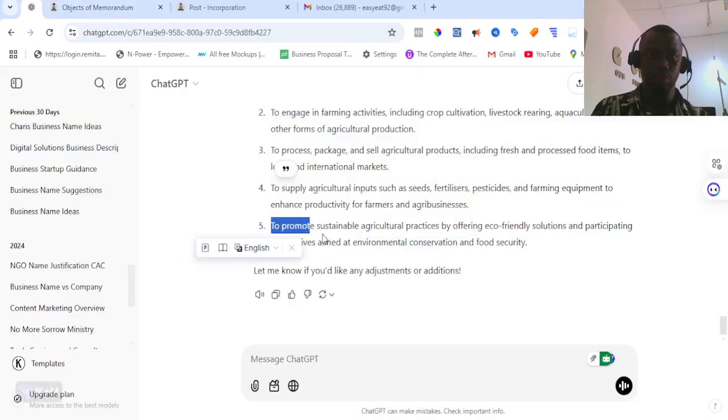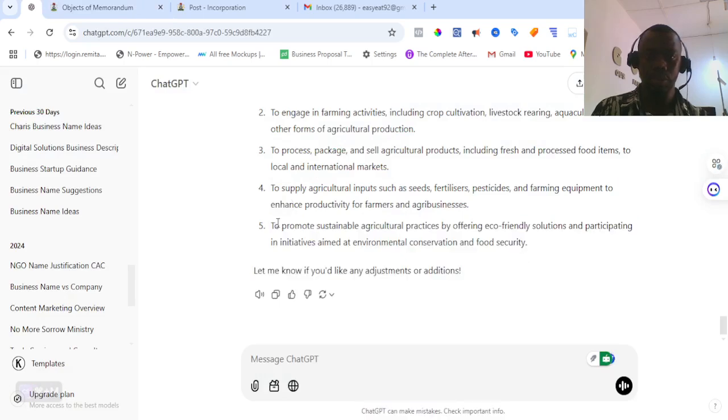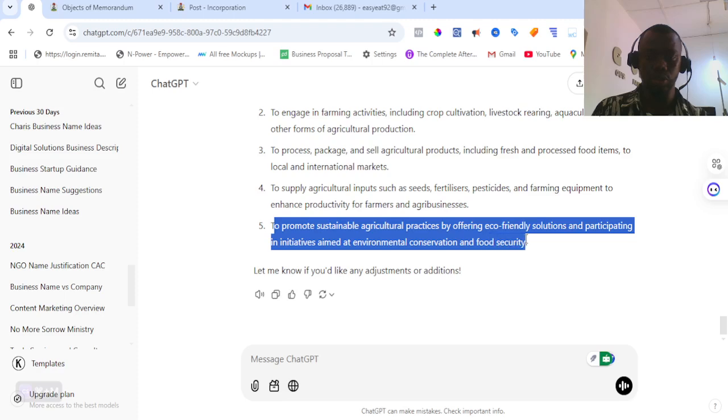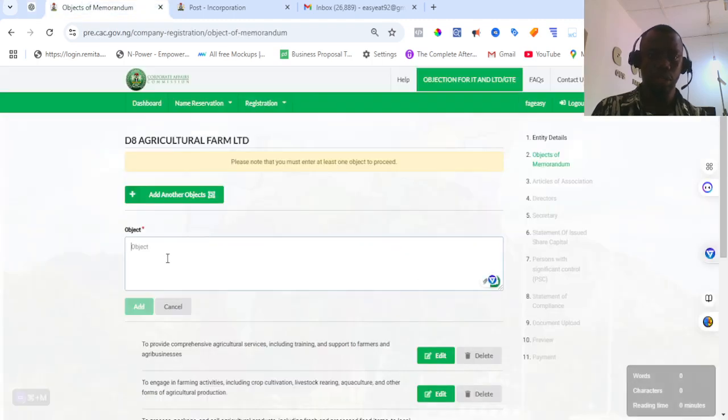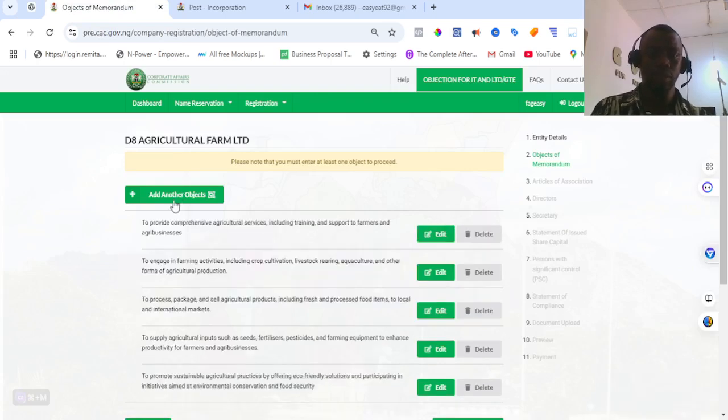And then finally, to produce sustainable agricultural practices, eco-friendly, and so on. Okay, this is not bad too. Go there and click on add. So I have those five